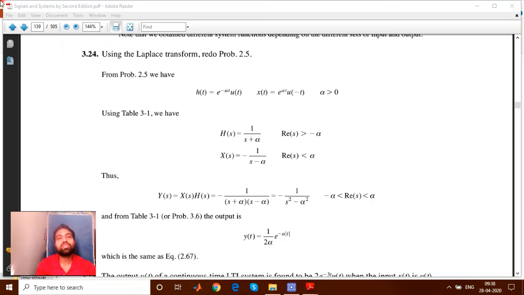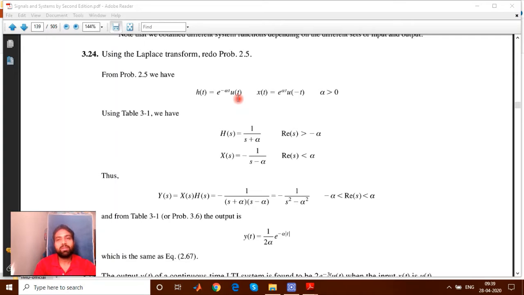Now in this section we have a target to understand how we can find out the system response as well as the output response. Just take a very simple example here. Suppose for any system an x(t) is given to you. I am taking this example in the case of the Laplace transformation; next I'll proceed with the Fourier one too. Suppose you have an x(t), a function, and here you have a system represented by h(t) equals e raised to the power minus alpha t, u(t). Now the target is to find out the value of y(t).